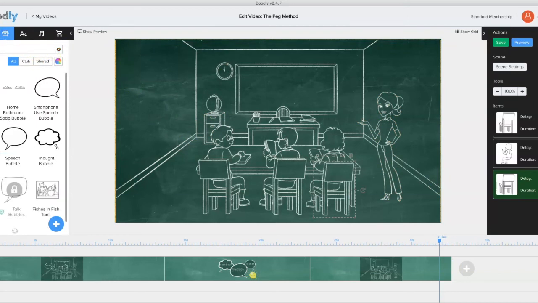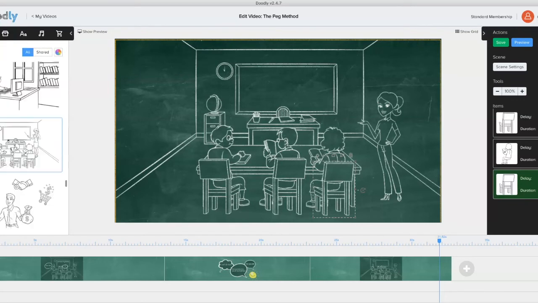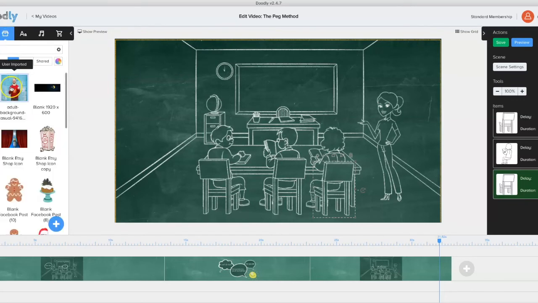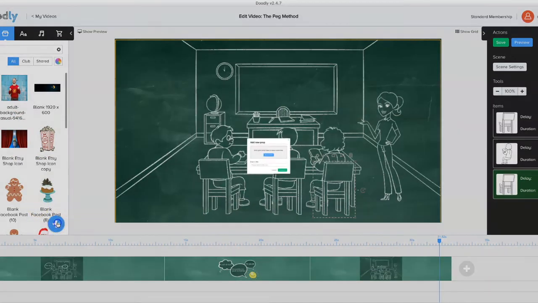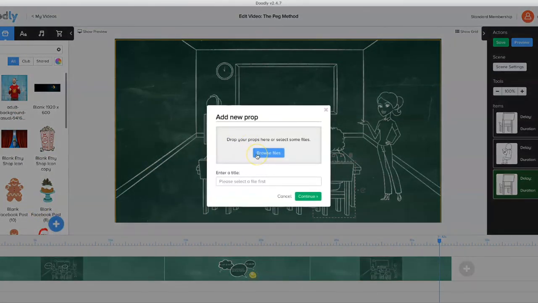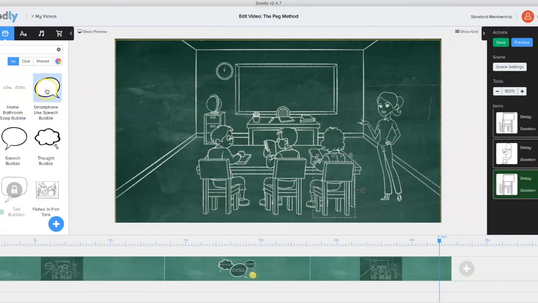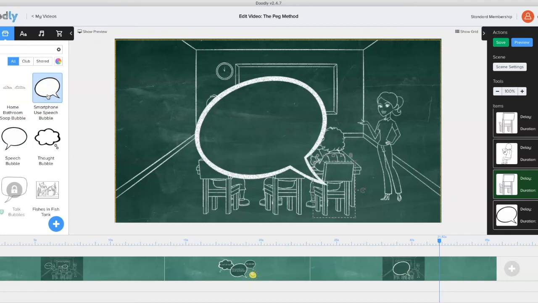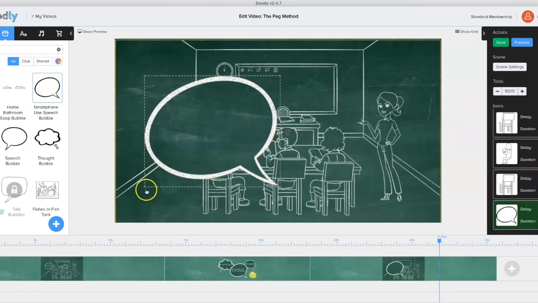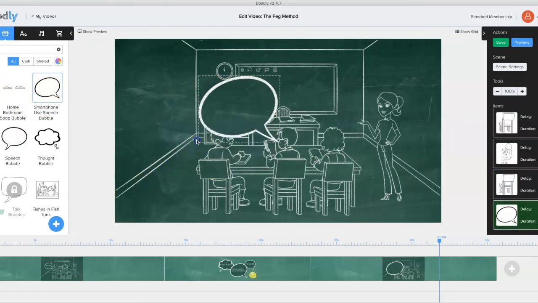Go back, I just want to show you something. Sometimes you'll need to add your own images. And I've been adding and creating my own images from various platforms. So you just press that button and you just add them from your downloads or your desktop. And that's what I did with these bubbles. So you just double click, make the bubble a bit smaller,